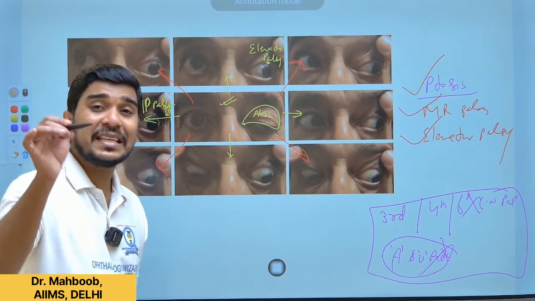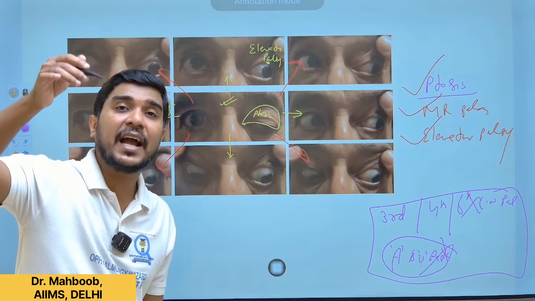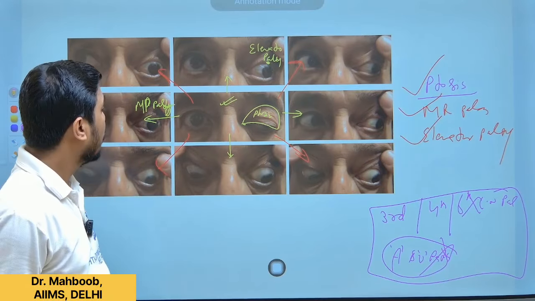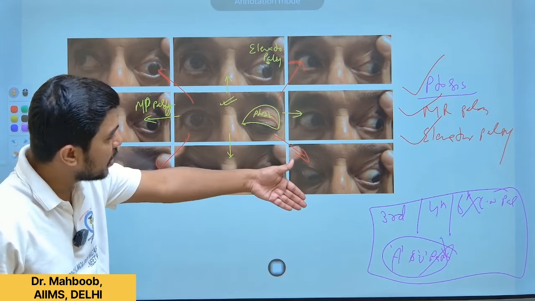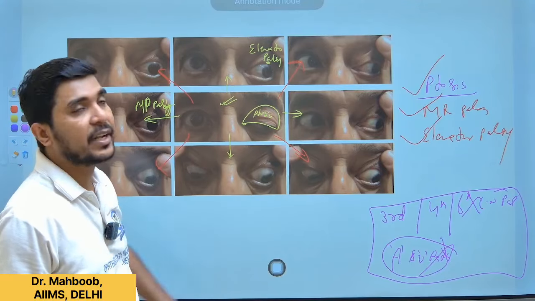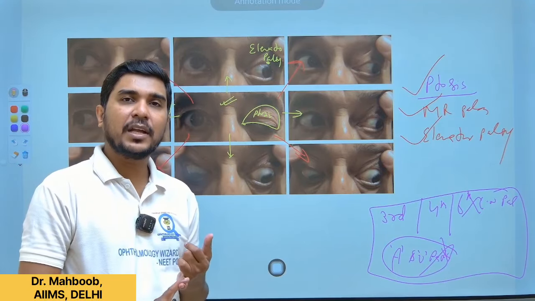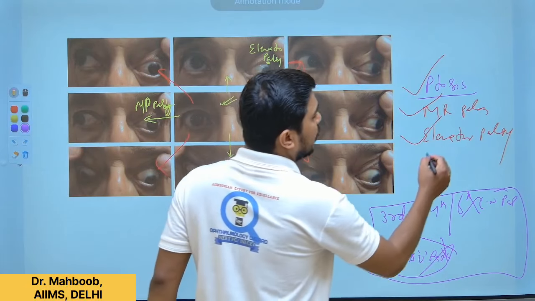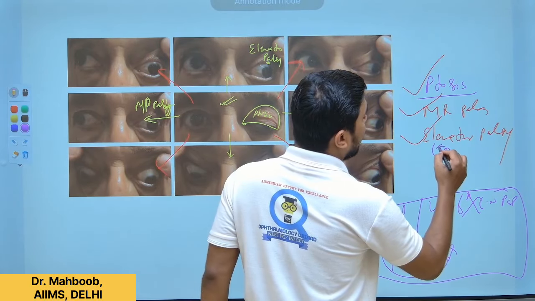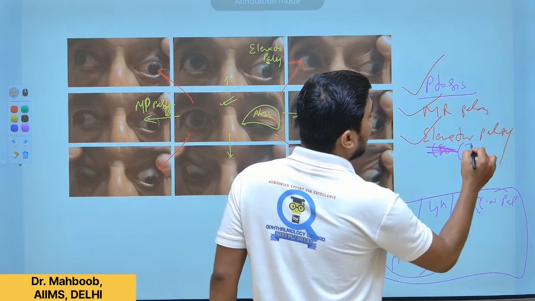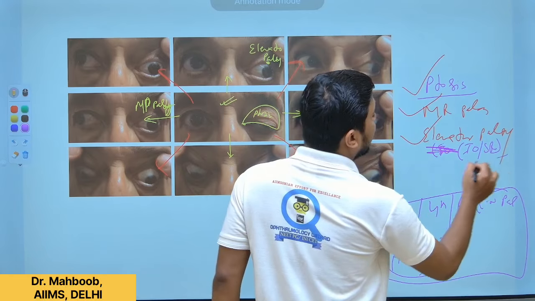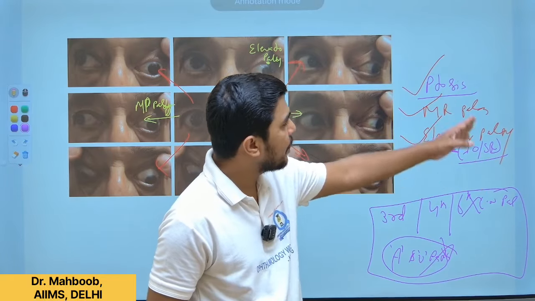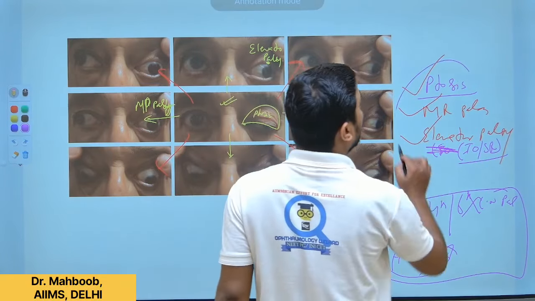Superior oblique: what does superior oblique do? Superior oblique causes inferior movement. So with superior oblique palsy, inferior movement would be good, but here superior movement is affected. So it is either inferior oblique or superior rectus. Both of them can be affected. So MR palsy, IO palsy, SR palsy, ptosis, all this indicates towards